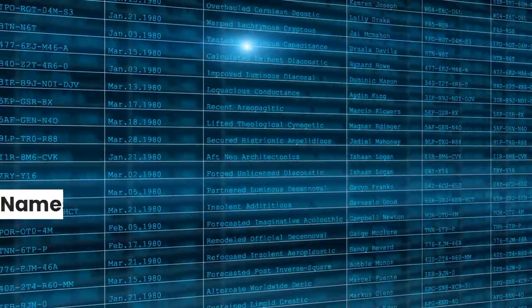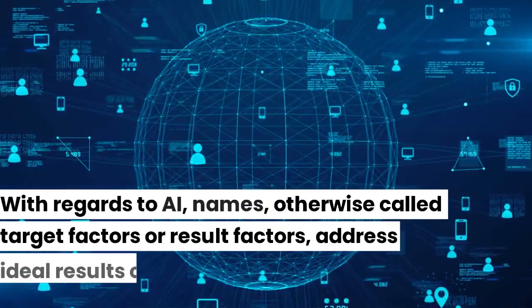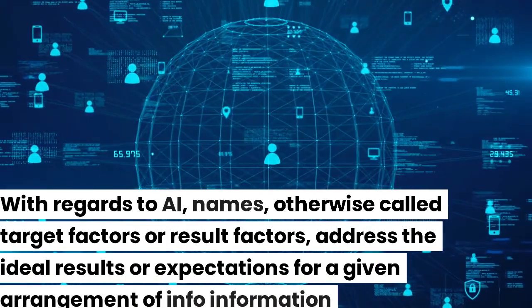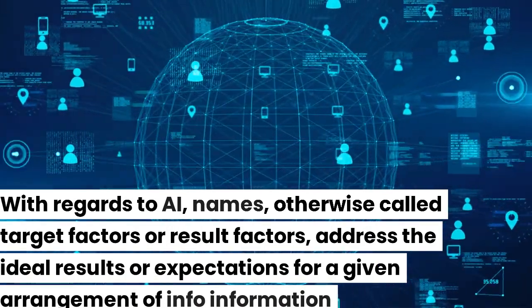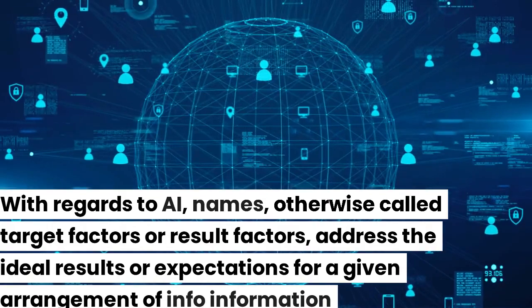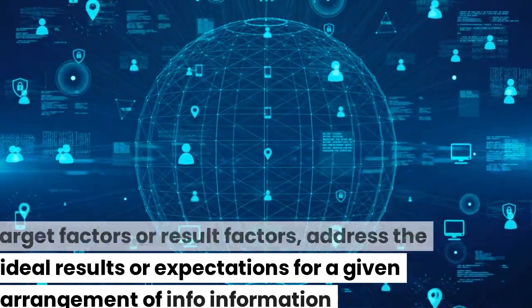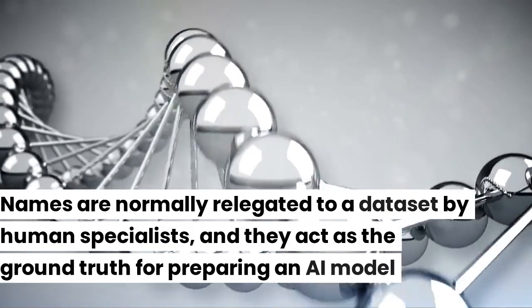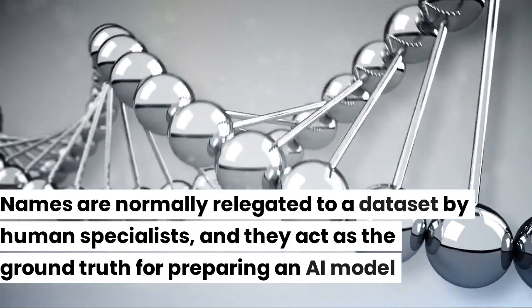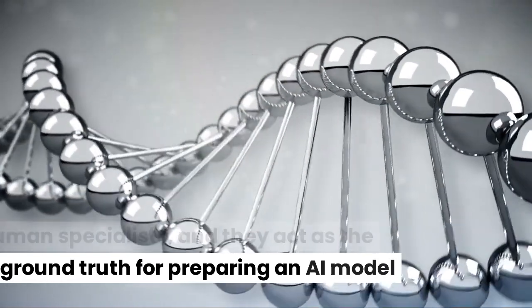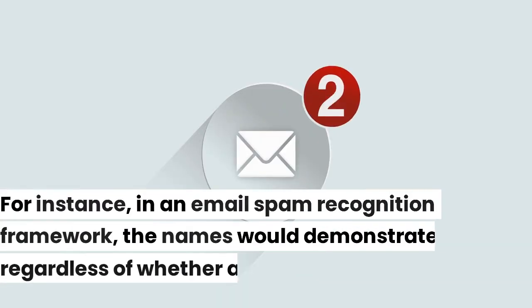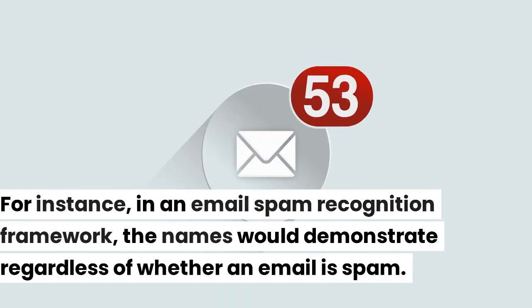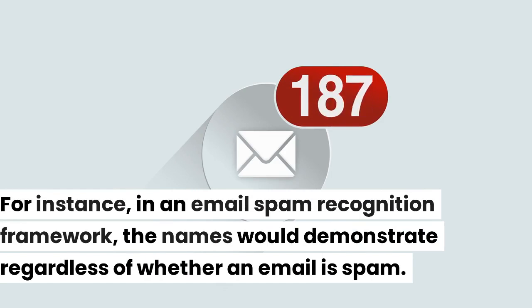moves. Labels. With regards to AI, labels, otherwise called target factors or result factors, address the ideal results or expectations for a given arrangement of information. Labels are normally relegated to a dataset by human specialists, and they act as the ground truth for preparing an AI model. For instance, in an email spam recognition framework, the labels would demonstrate regardless of whether an email is